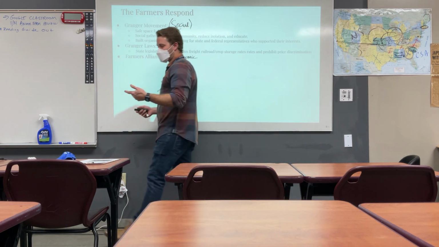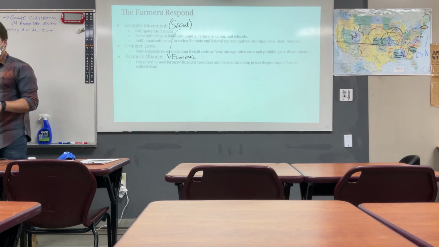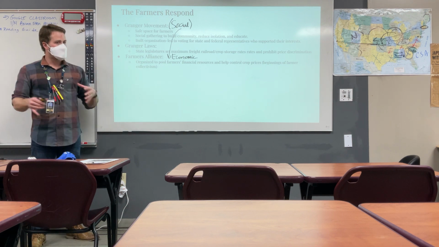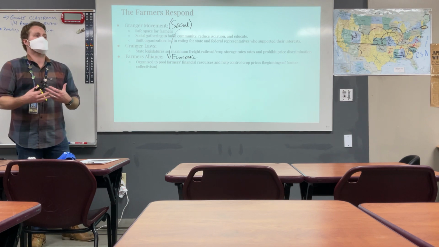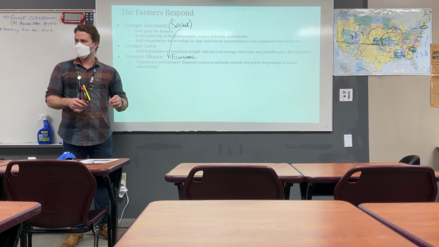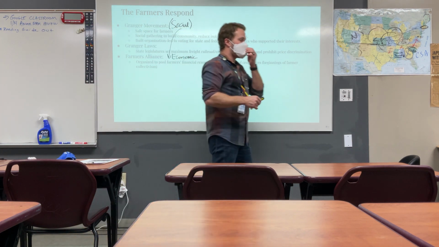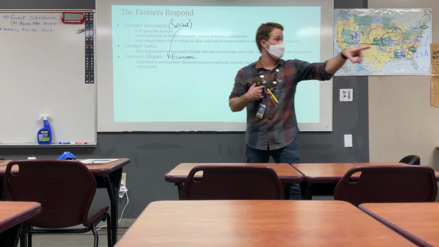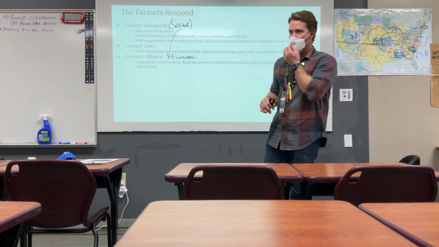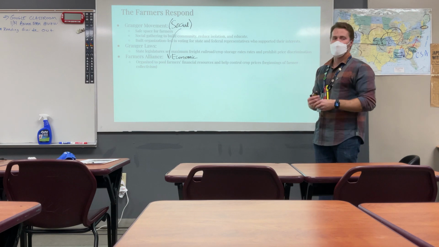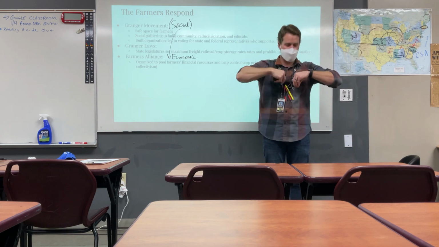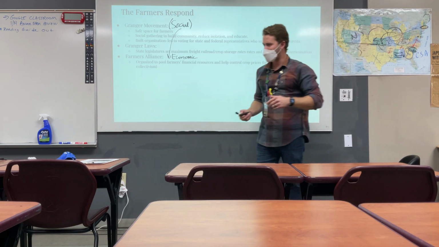The Farmers Alliance is an economic movement in nature in which farmers are going to organize to pool resources together. They're going to organize to try to help build some economic credibility by saying there's strength in numbers, to control their own crop prices. To say, hey, my crop's going to sell the corn for the same price as yours is, and yours is, and yours is, so that we don't get screwed by the railroads. We're going to sell the exact same price. Economic activism. They're going to pool resources together and say, hey, all 10 of our farms in this area give us one rate to ship all of our stuff together. Economic activism.